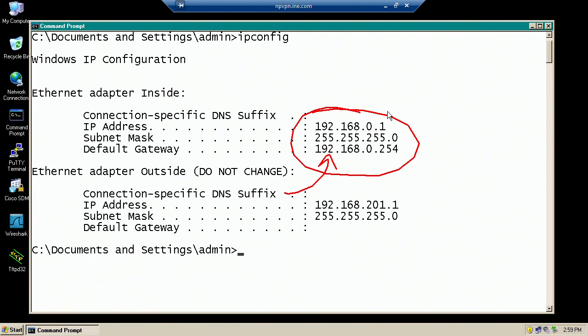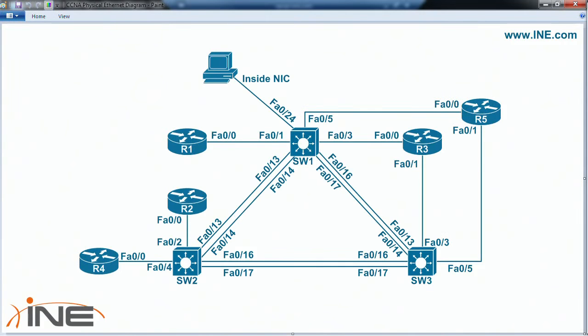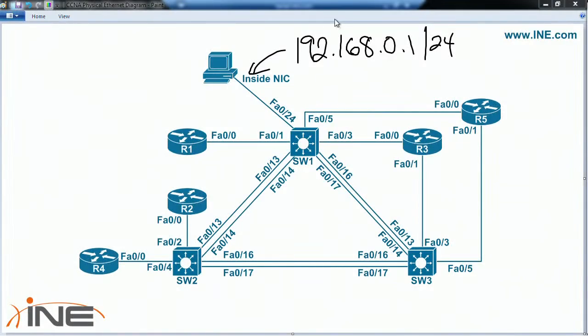Its default gateway is set to 192.168.0.254. Right now, we don't really care about the gateway because we're not going to be routing with this machine as of yet. But the key is that right now it's on the same subnet as what I configured on at least one of the switches when I was doing the initial configuration dialog. Assuming that the actual physical diagram is correct and that there's no problems with the connections, right now the inside NIC card on the machine is 192.168.0.1 with a mask of /24. And as I was configuring the switches, I want to say that it was switch 2 that had